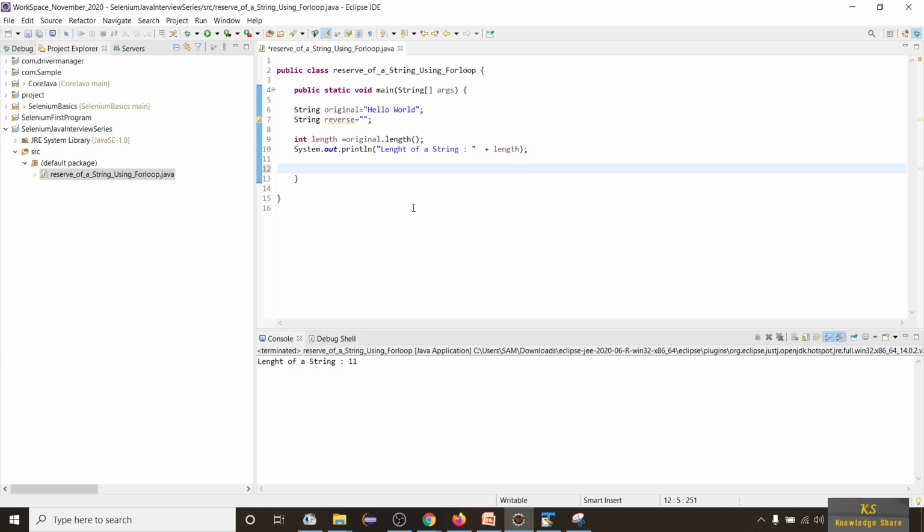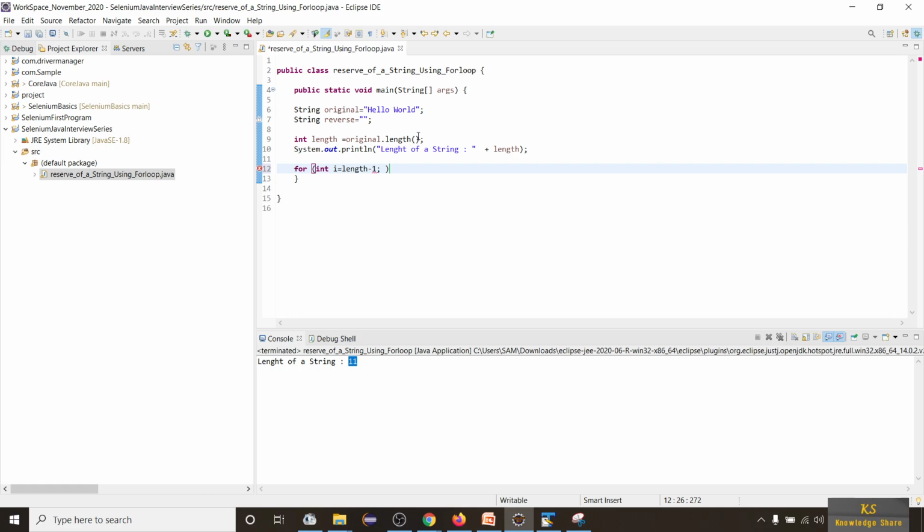Now we are going to take a for loop, as I told you. For int i is equal to, we have to consider from the 11th character, so I'll take this length so that it starts from 11. Basically it starts from 0, so you have to take minus 1.